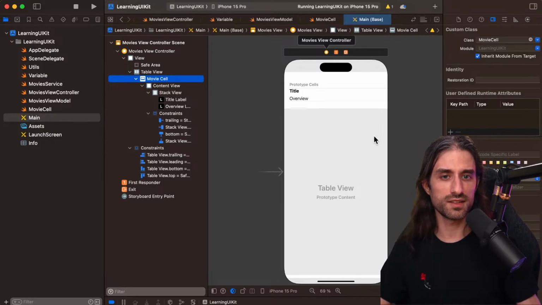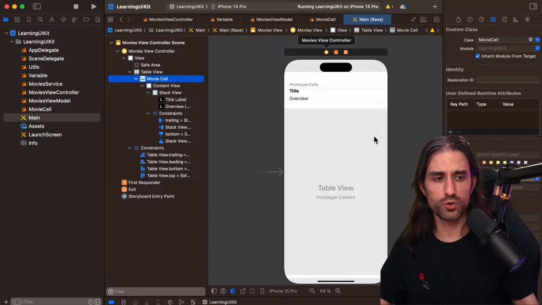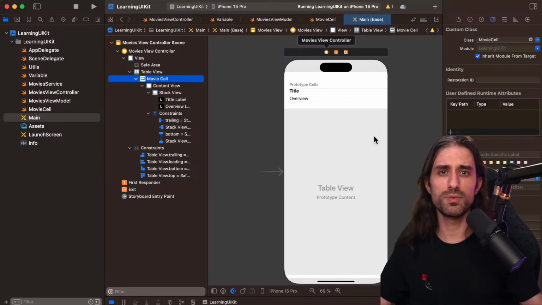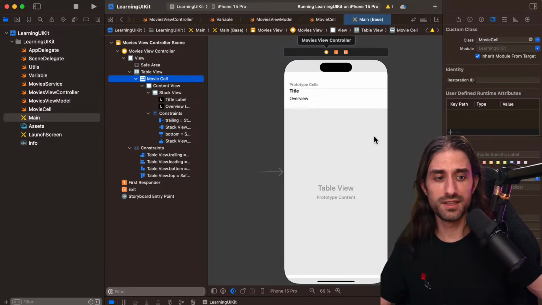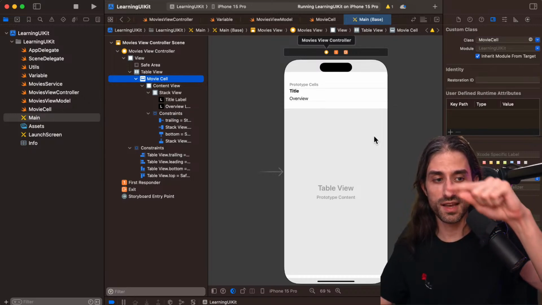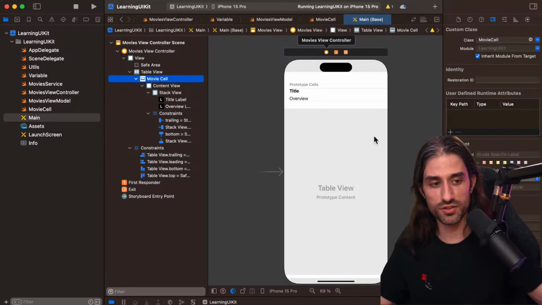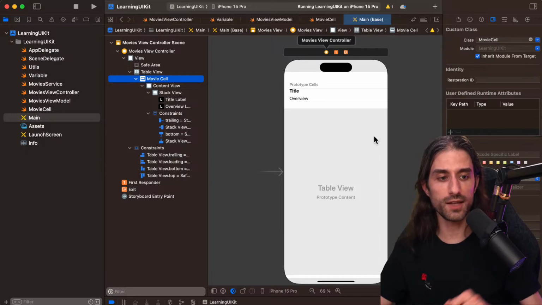What it's going to do is create enough cells to fill the screen, a few more to have a bit of advance when scrolling, and then as soon as a cell leaves the UI, it's going to be recycled, reused in order to be put back at the other end. So when a cell leaves the screen as the user is scrolling up, it gets recycled and put back at the bottom.